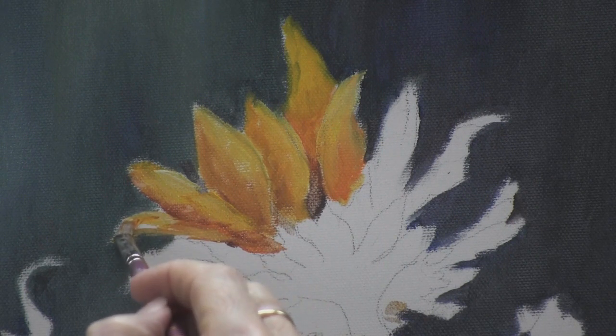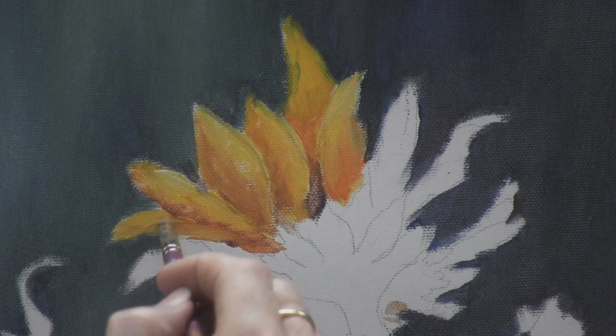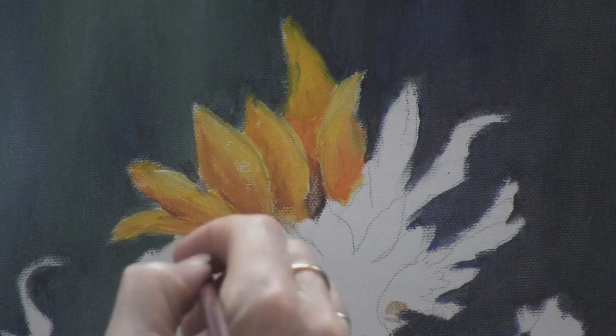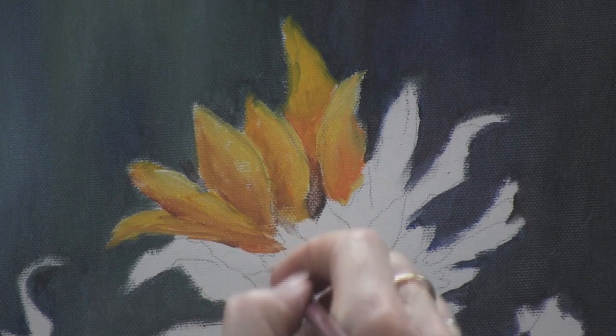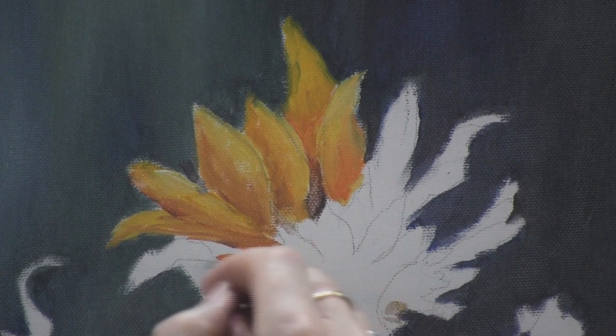And these petals don't really have to be just perfect, because flowers are not that perfect anyway, and they have a little softer look sometimes. They look better, they look more natural. I'm going to be getting into some of these where we want to show a little more darkness to some,